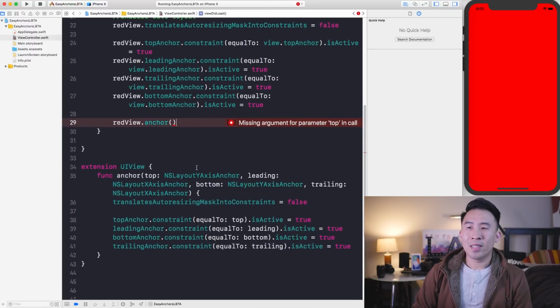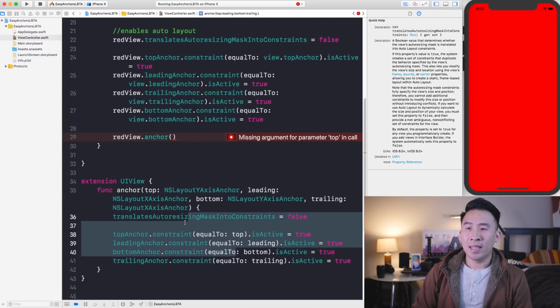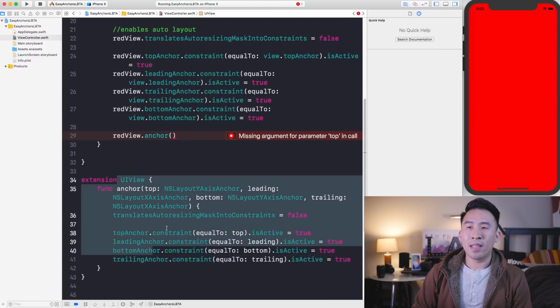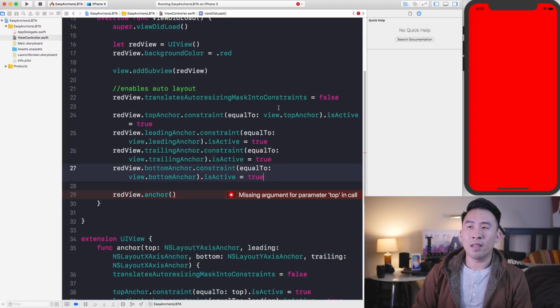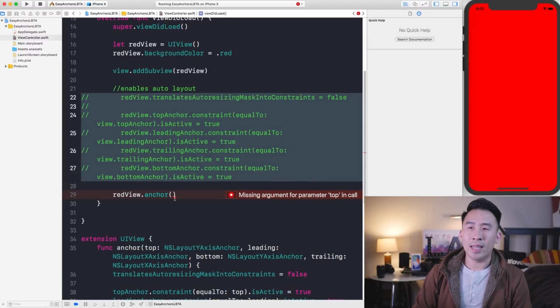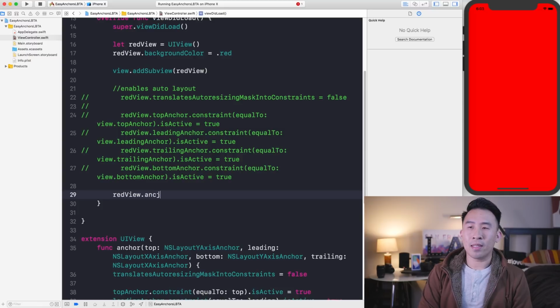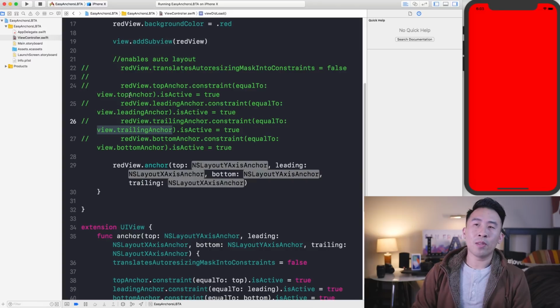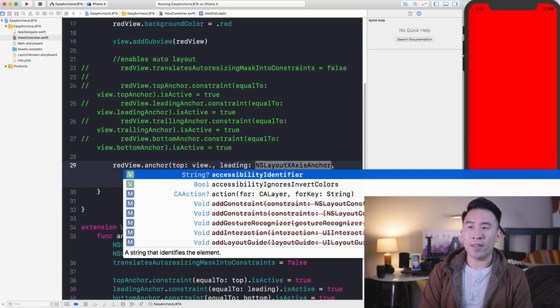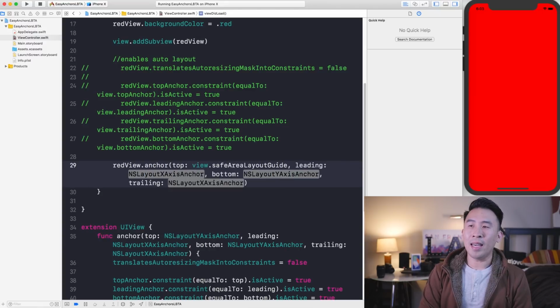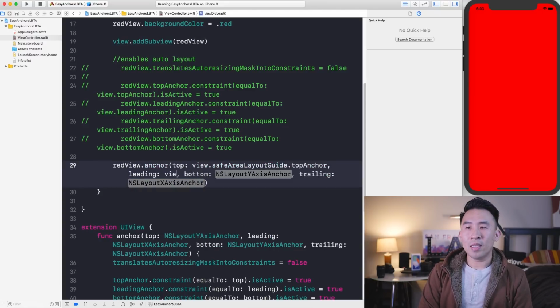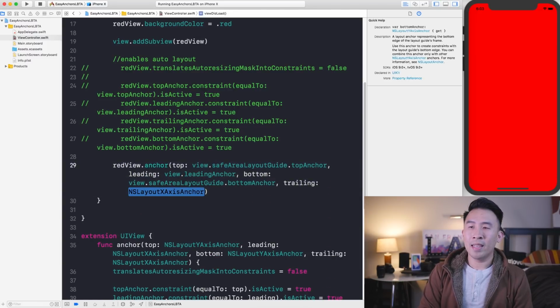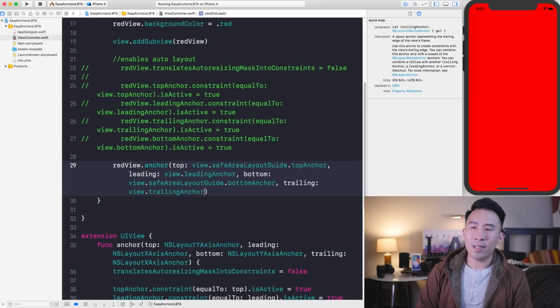All right, so with all that established inside of my method right there, I can now eliminate all of these calls, just comment them out, and replace them with this anchor method call with those 4 anchors that belong to the view's top, leading, trailing, and bottom. So let's just say we want to use the safe area guide instead. So safeAreaLayoutGuide.topAnchor. Let's use the view's leading, the view's safe area guide bottom instead, view.trailingAnchor,